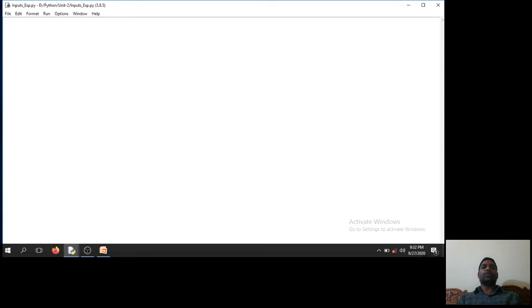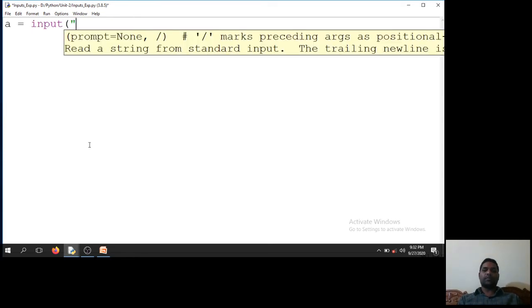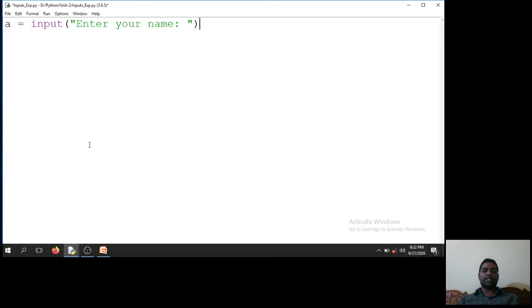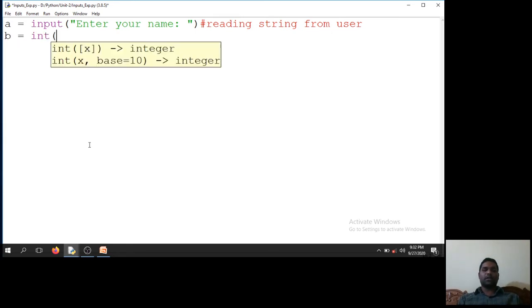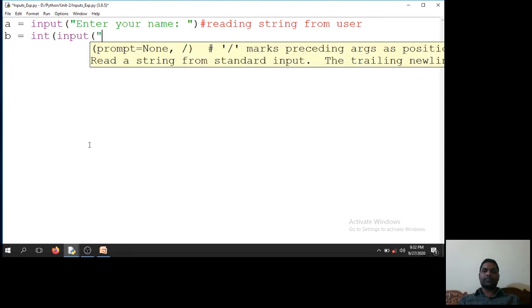So I can take input in different ways. A is equal to input, enter your name. It's reading a string from the user. And b is equal to int input, enter your age.